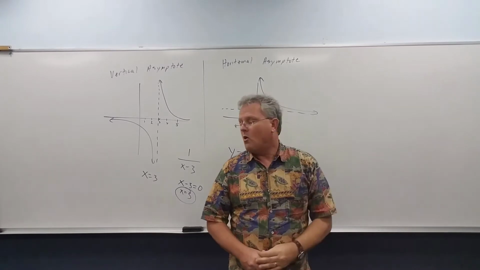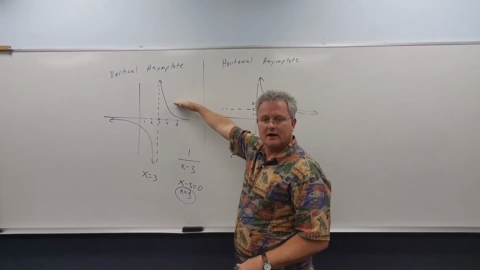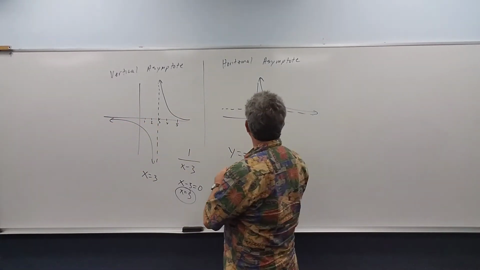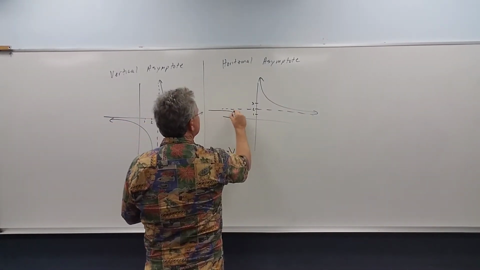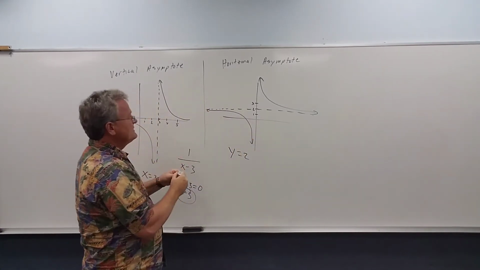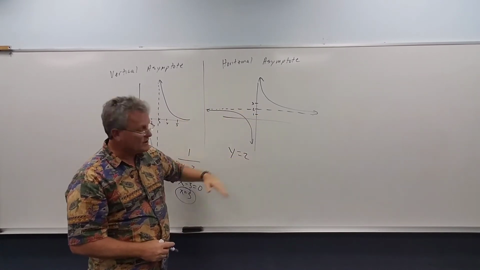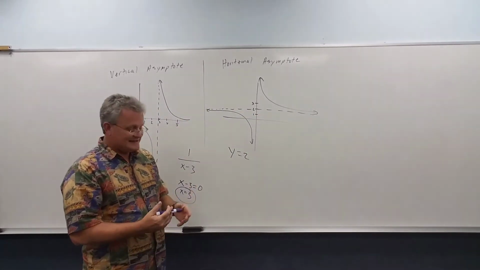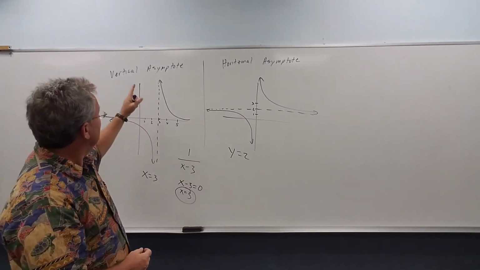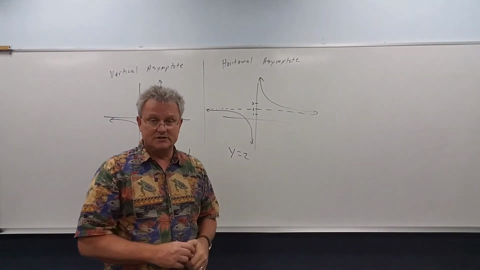Yeah? Or it could be negative infinity. If our graph did this, all right, then we're going to negative infinity. And as we go, let's say this happens to be our graph, then as we go to negative infinity or positive infinity, we get y equals 2. So that's the idea of a horizontal asymptote and a vertical asymptote. Now in the next videos, we'll actually do examples of finding